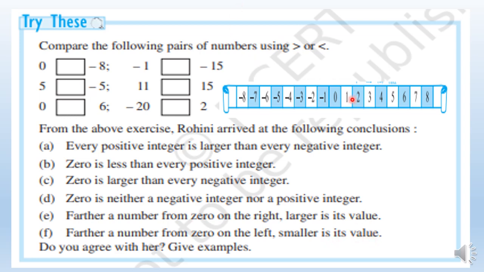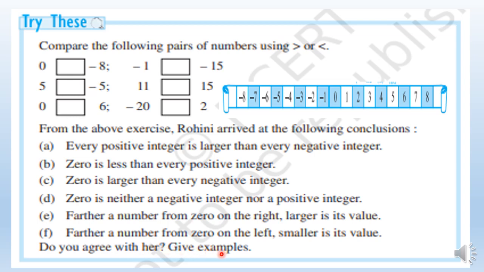Means as the number goes in the left direction, its value gets smaller and smaller. If I write here 100, and 100 has a negative sign with it, it will be in this direction. So even if the number is -1000, its value is still smaller as compared to -1. So do you agree with the given examples?